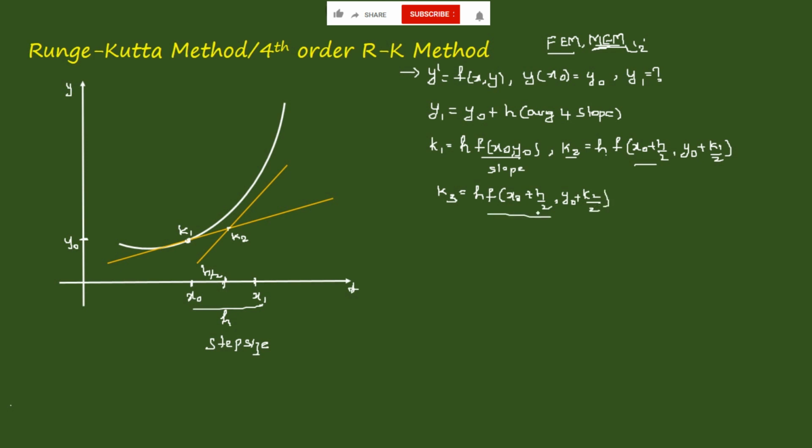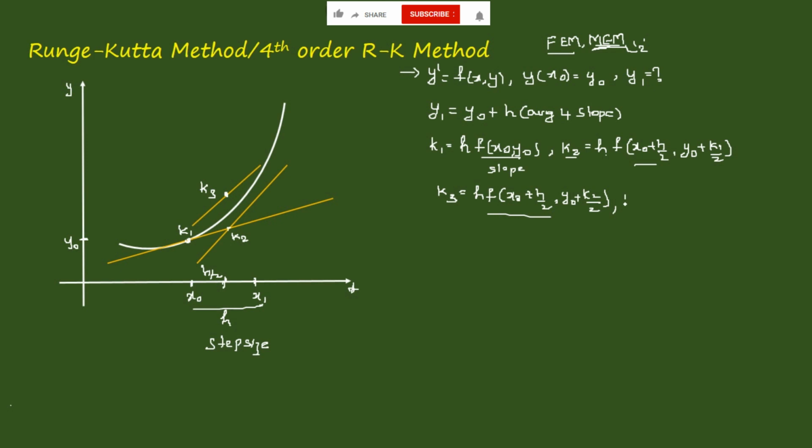This is also a slope, yes or no? And we'll multiply with h, right? If you draw one more slope at x naught plus h by 2, at this particular point, you'll be getting one more point here, yes or no? If you consider this point as k3,